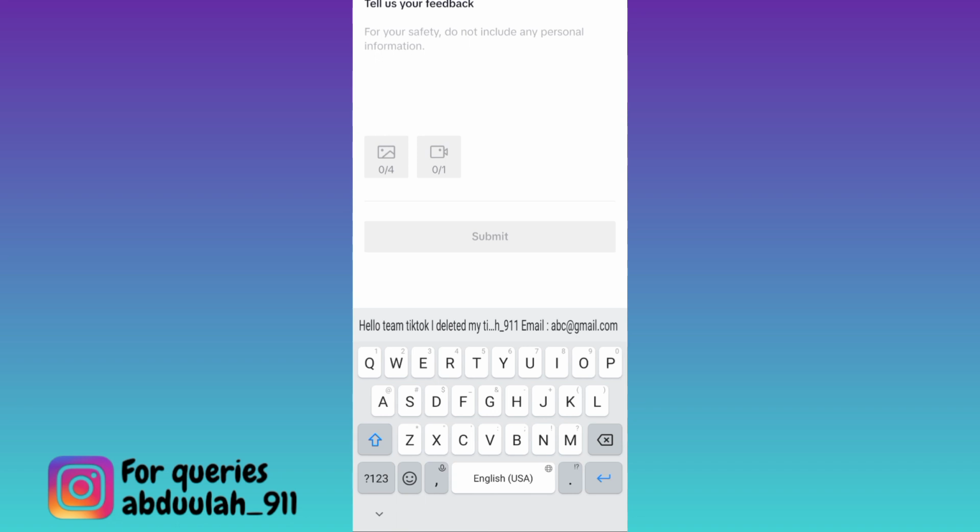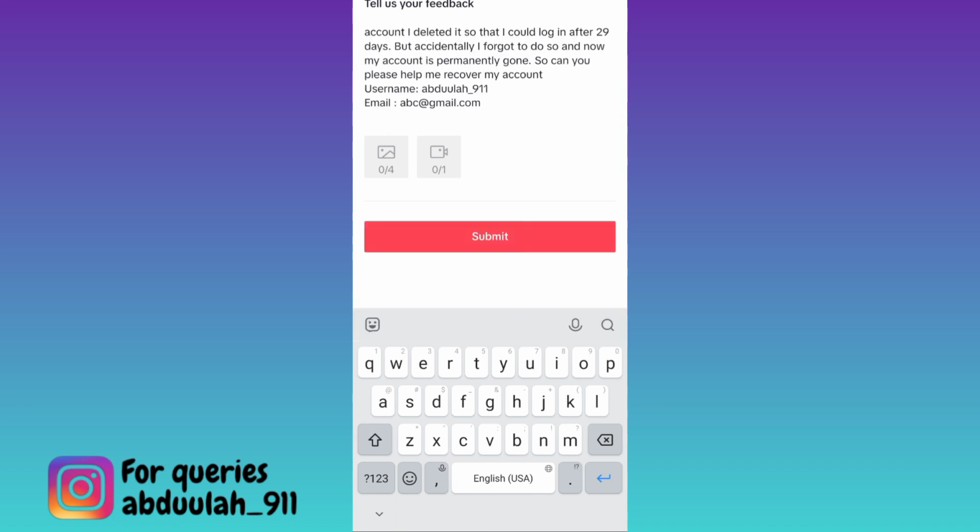Now in this box you need to briefly state the issue that you are facing. I would suggest that you just copy paste whatever I am writing here. I'll also put this paragraph in the description below so you guys can just copy paste it from there. At the end of the paragraph, do not forget to mention your username and email address that was linked with your deleted TikTok account. Once you have done that, click on the submit option, and after you click on submit,